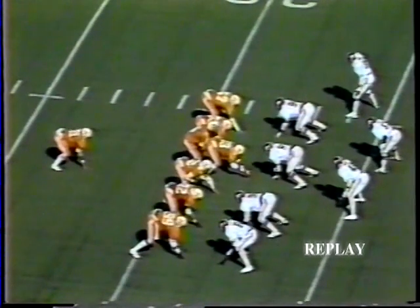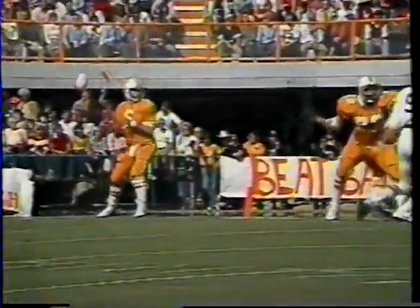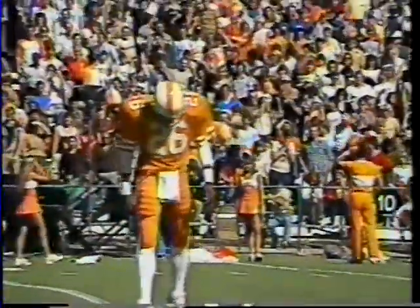Cockrell dropping to throw. Cockrell waiting. Cockrell throwing. The man is there. The pass is batted down. What a job by the defender, Rocky Colburn, as Willie Galt had come open on a post pattern at the 25-yard line. But the pass was then swatted down at the last moment by Colburn, who came from nowhere to knock it down incomplete as the first period comes to a close. Back in 60 seconds after telling you the score at the end of the first quarter,